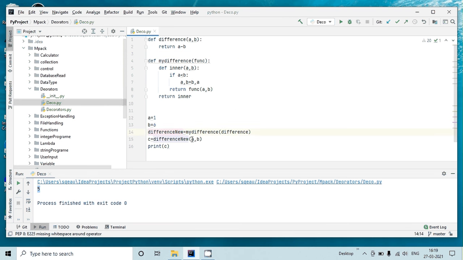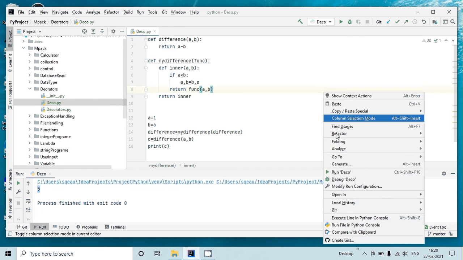And if you want, you can even change the name to difference. So I don't have to make many changes in my original code. It is just that I need to make this new function, and I have to just pass this difference into my difference function. If I run it,